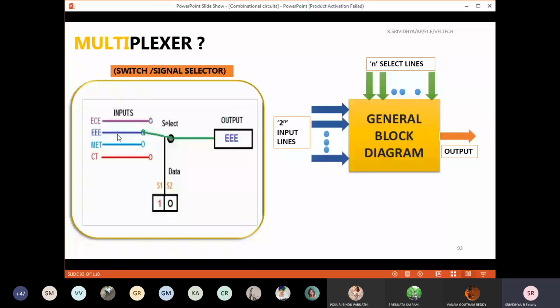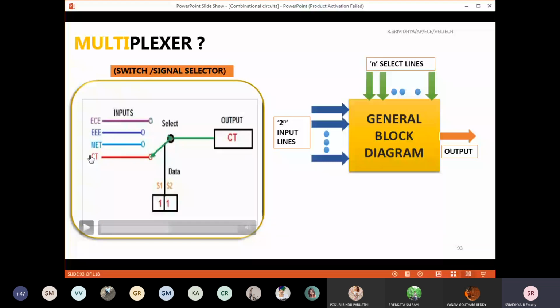You can create a database, so if you type 1-0, it will go completely into the database of EEE. If it is 0-1, it will go into the database of MET. If it is 1-1, it will go into the database of CT.